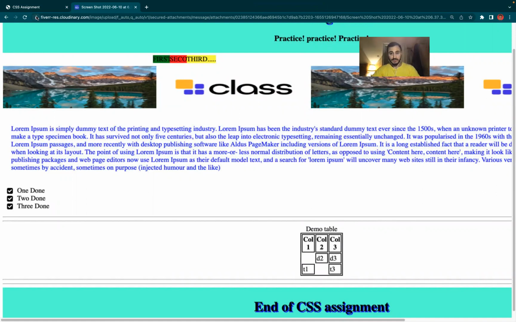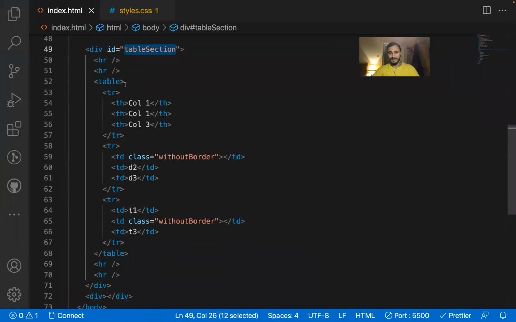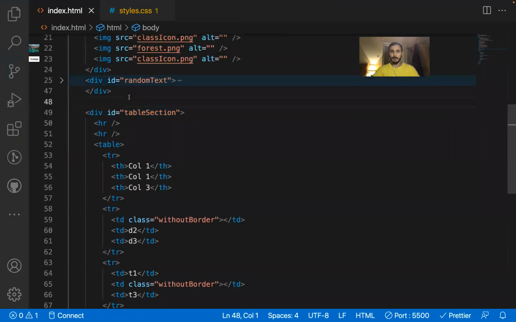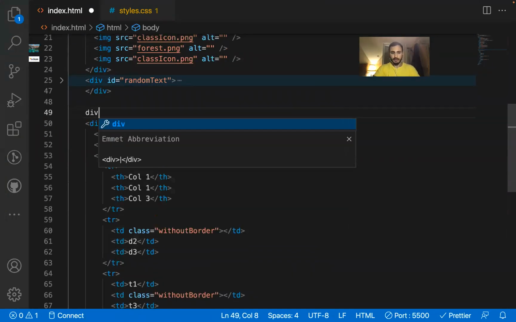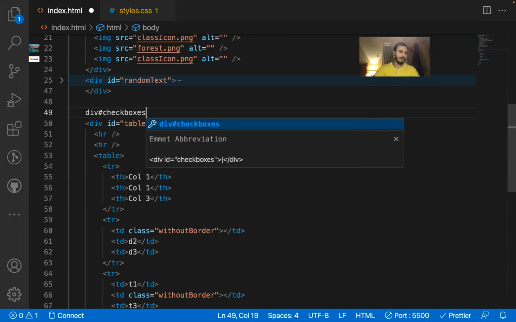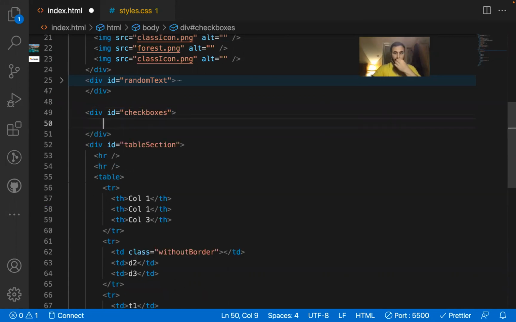This is not a very easy thing to do. That's why, okay, I'll start building that. Let's start with that. We'll make a div, I will give it an ID. Let's just call it checkboxes, okay? Checkboxes, amazing. And this one, we will have actually